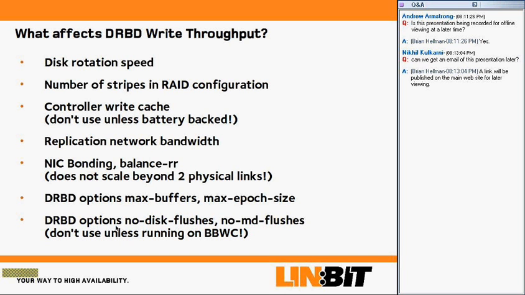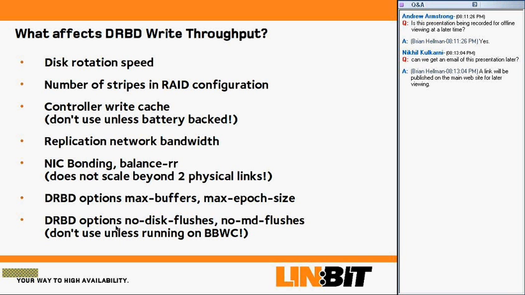Whereas when you do a balanced round robin across 3 links, you get about the throughput of just 1 physical link. And if you're using as many as 4, then your effective throughput actually drops below that of a single NIC link. So NIC bonding is fine if you want to get that extra 60 to 70% out of your write throughput, but don't expect anything more from that, and particularly don't expect DRBD replication throughput or synchronization throughput to scale beyond